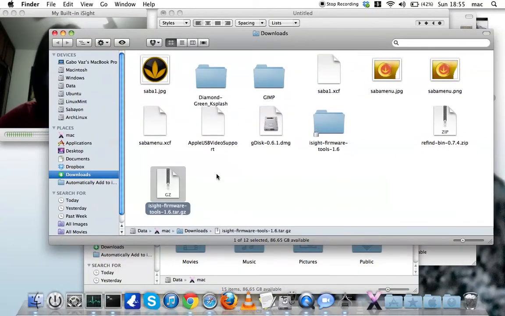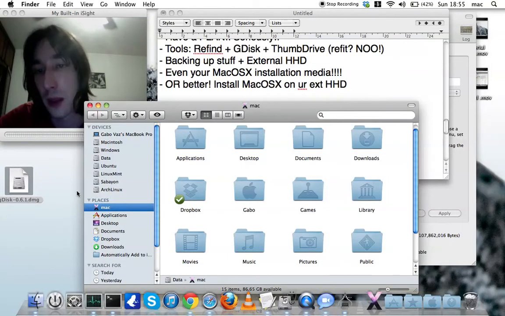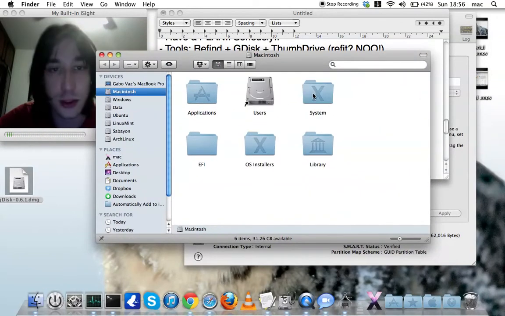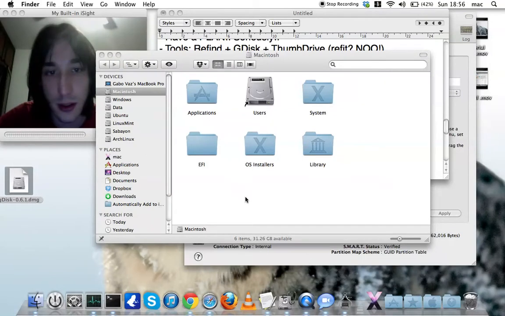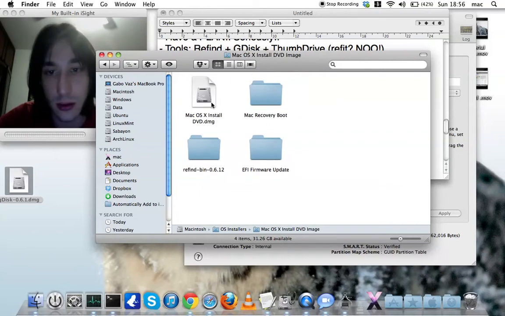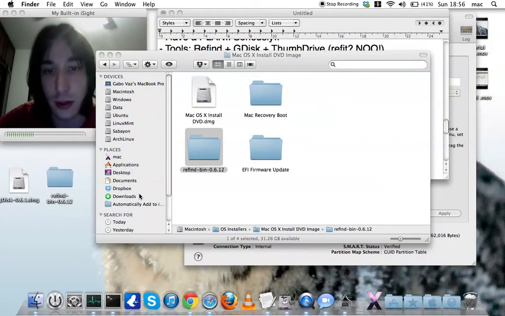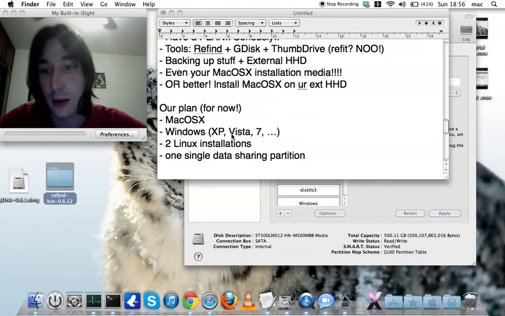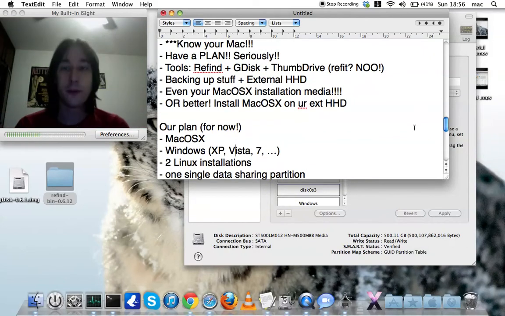So up to now we have gdisk, which I'm going to put on my desktop, and we're going to use, sorry, I didn't get refined because refined is something about here. Okay, we're going to use refined 0.6.12. Here are things, and you probably